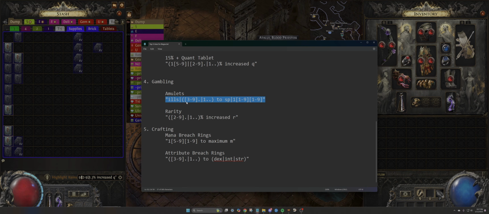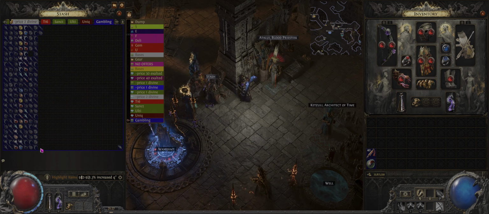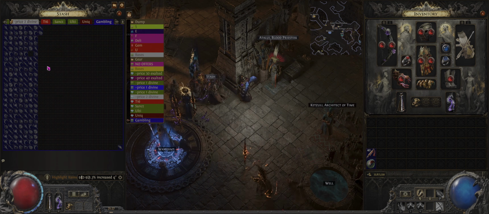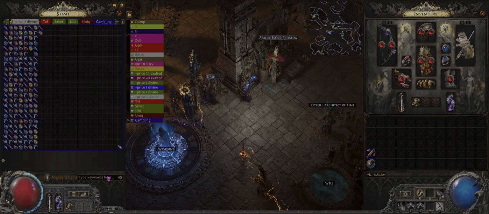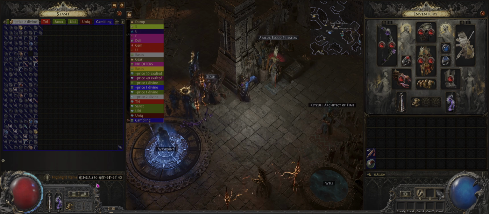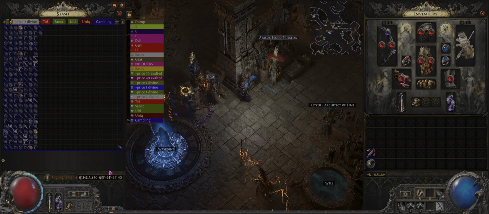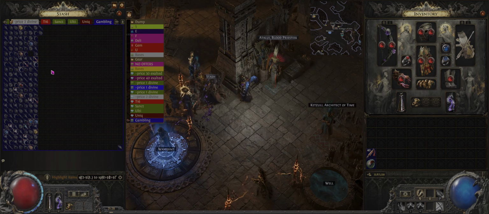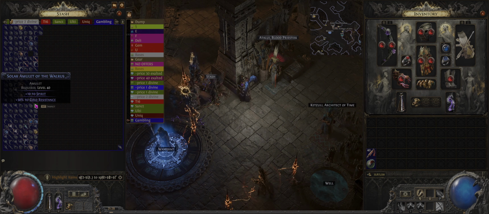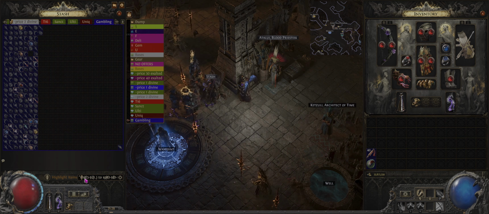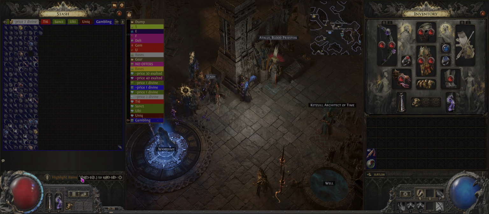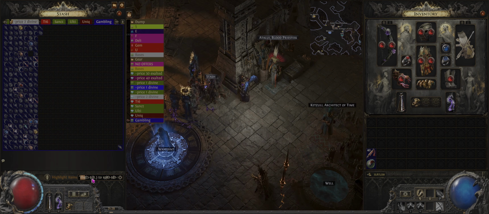So this is my regex, and I'll copy it and show you. I've got a dump tab here of gambling. I put in a couple 100k of gold worth of amulets. So if I pop in this regex, we'll quickly show you what it highlights. I'm highlighting amulets for value here, so I can quickly identify the ones that I want to craft further. What I'm doing with this regex is highlighting amulets that have plus skills or